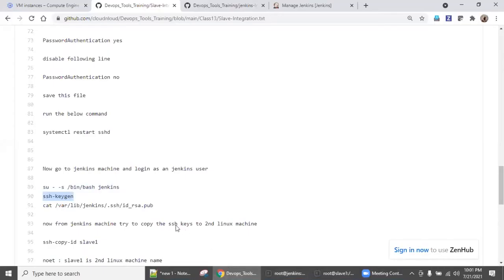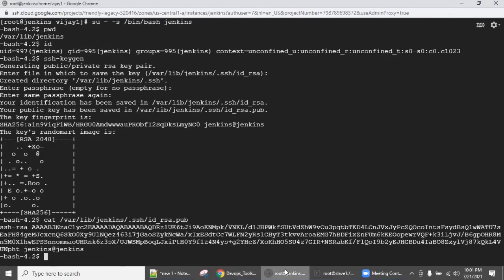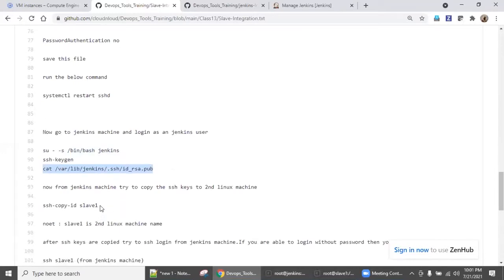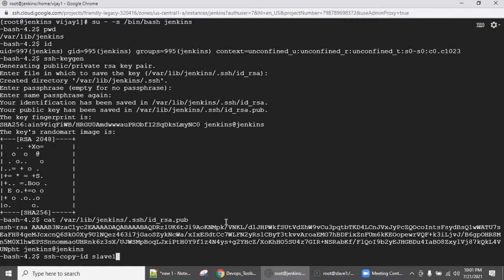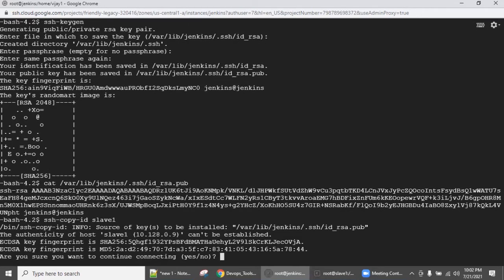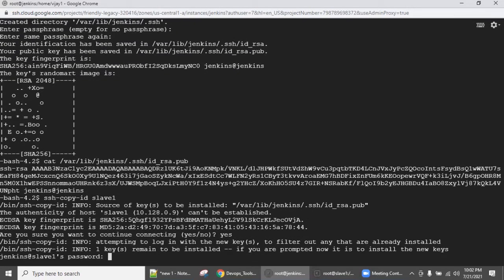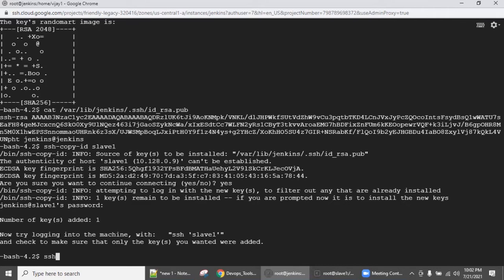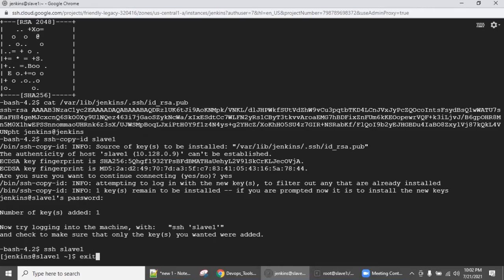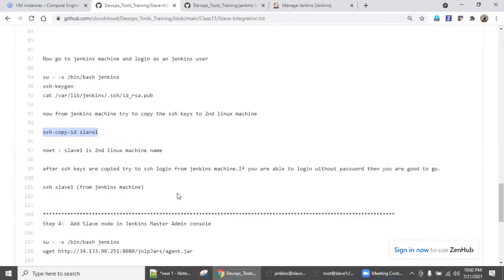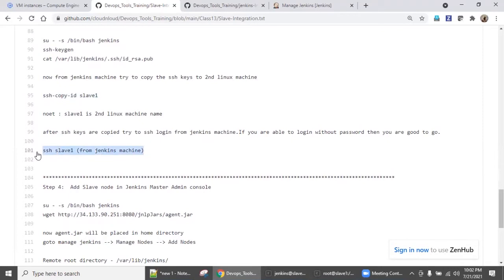Yes, created. Now, if you want, you can open up and see the keys are created. And then use the SSH-copy-id command to copy the SSH keys to slave one. Slave one is the machine name of the slave 1. So say yes first time. So what is the password we given? CNL 1 2 3 4 5. Enter it. So now you test it. SSH slave 1. You should not ask password. Good to go. So exit it. So SSH slave 1 also we are able to log in without password.